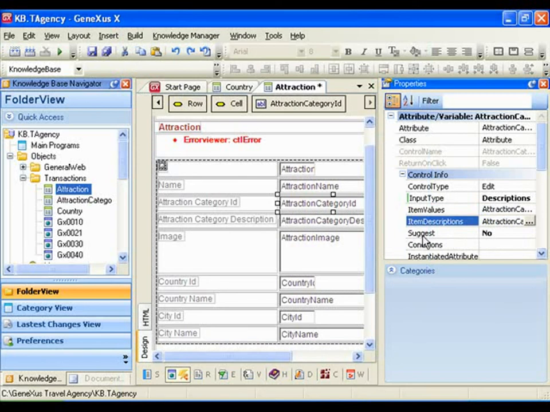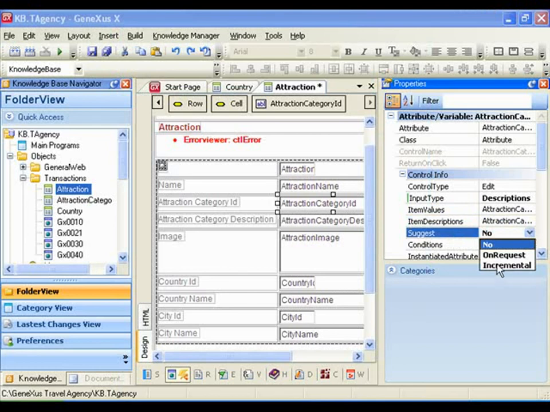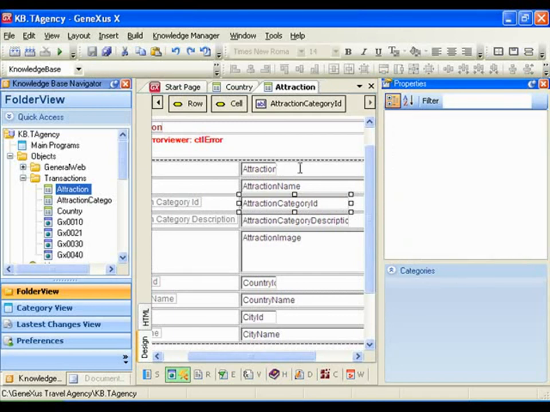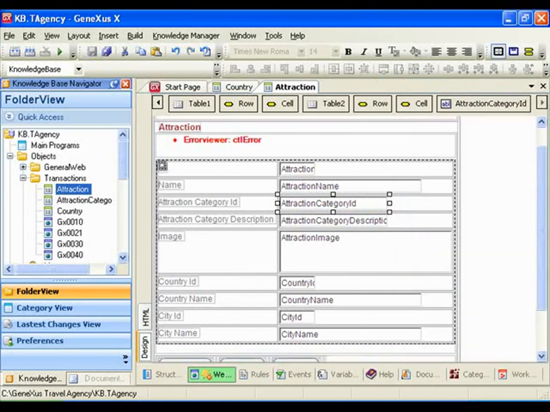So we'll be seeing the descriptions, but GeneXus will be saving the corresponding ID attribute. So we'll also configure the property suggest, and we'll choose the option incremental. So as we start typing the description, GeneXus will be displaying the descriptions that have already been entered and that match what we are typing. We save the changes,